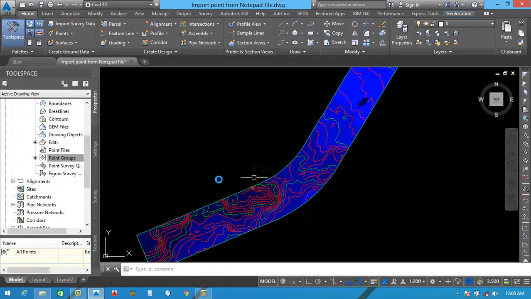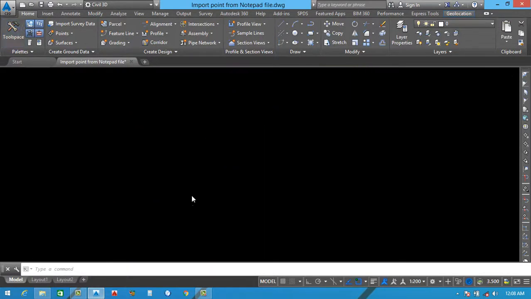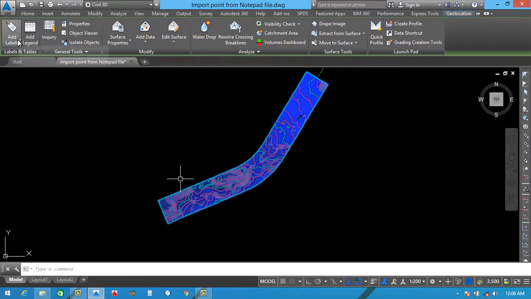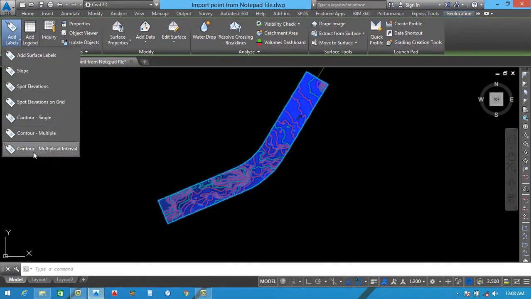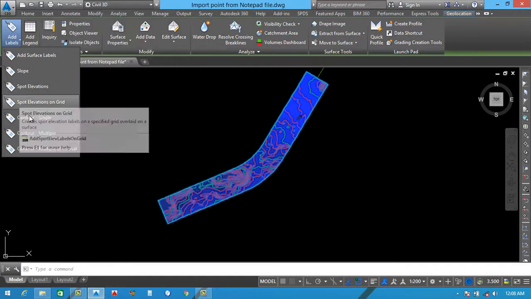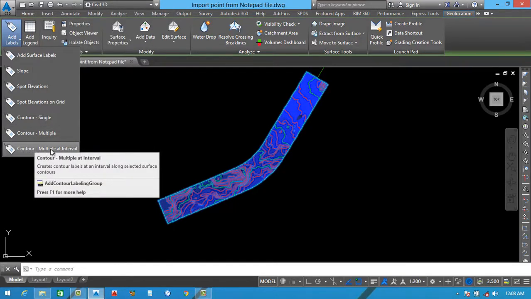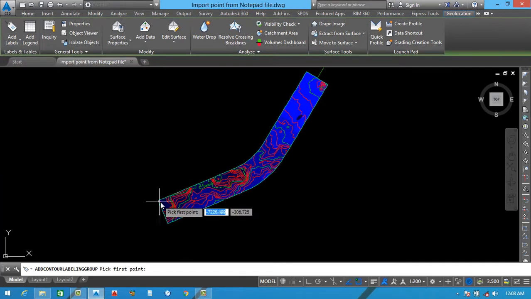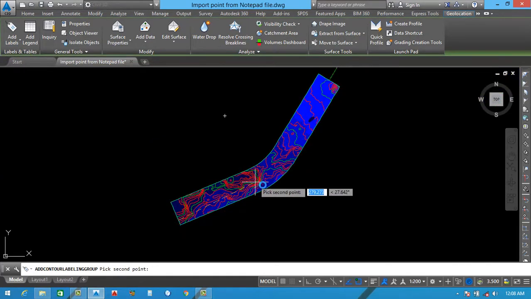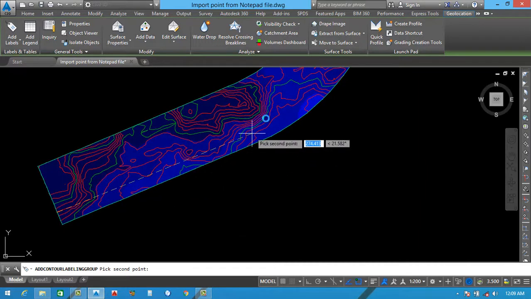Again we just make its label. For that we click here and we apply another method. So we now select contour multiple at interval. Okay, last time we used this one, now we use contour multiple at interval. Okay, we select here and next click here. We just select here, click,